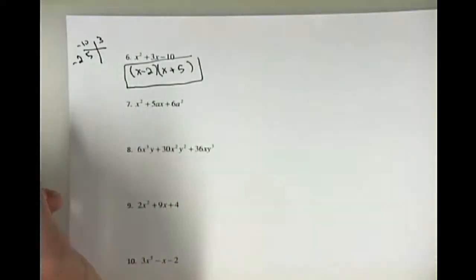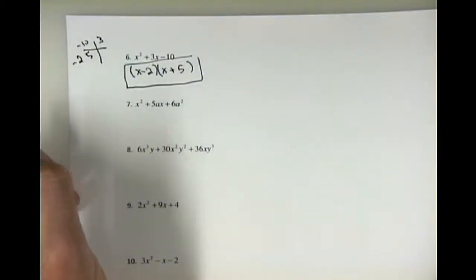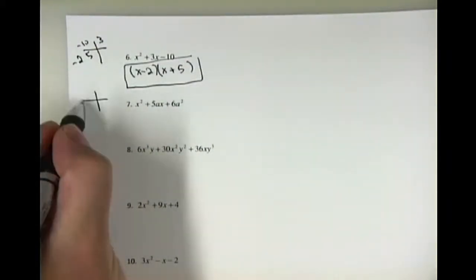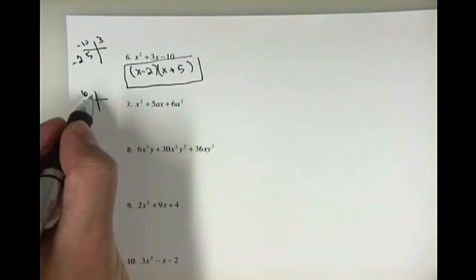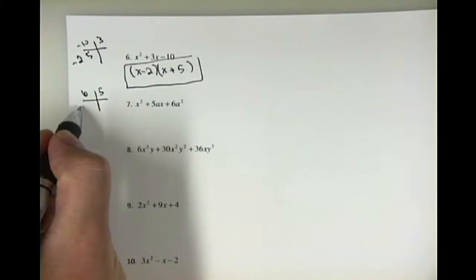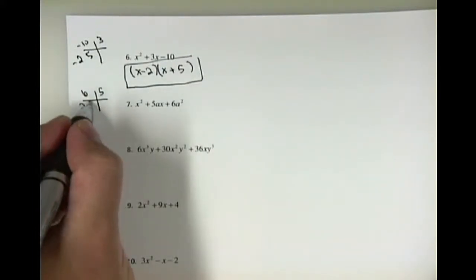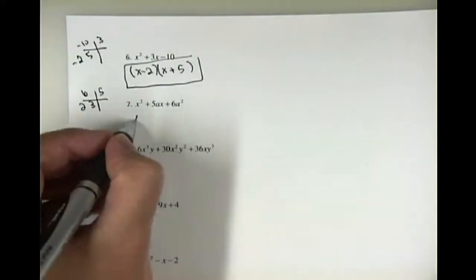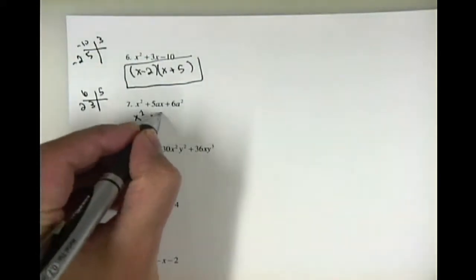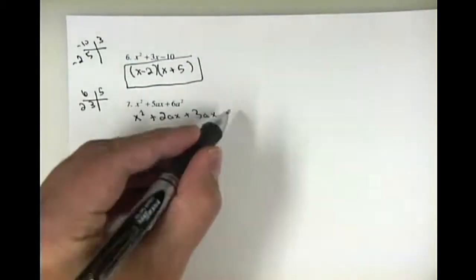This one has an a squared at the end, and I could take a shortcut on this one, but I think I'm going to factor by grouping just to show you that you can indeed do it either way and get the same answer. For factors of positive 6 that add up to be positive 5, let's use a positive 2 and a positive 3. When I rewrite the expression using these two factors,